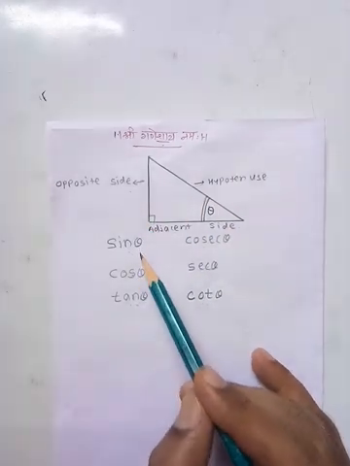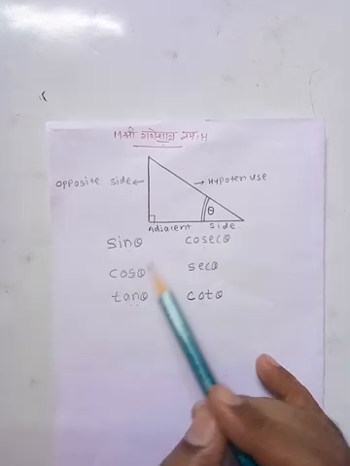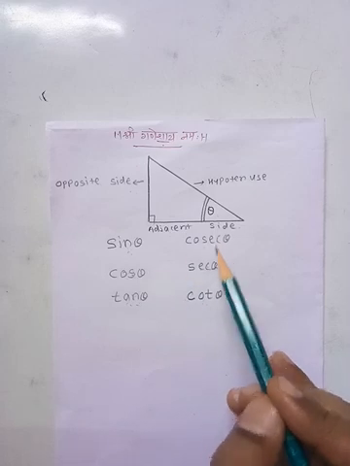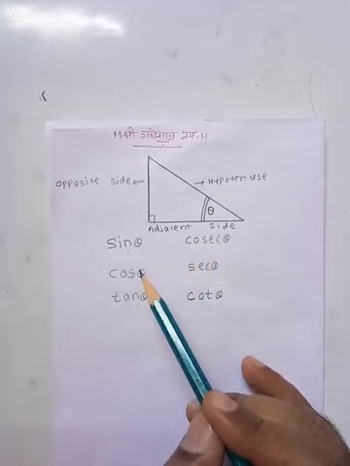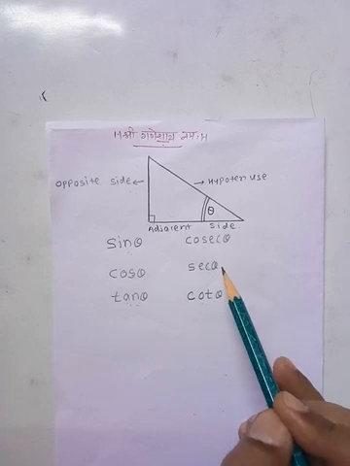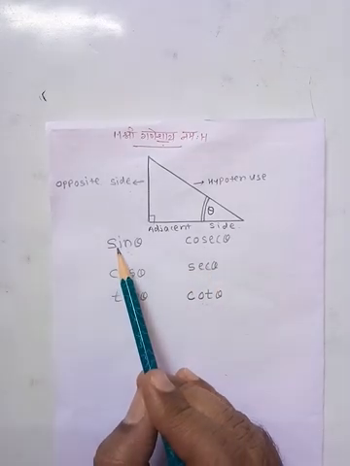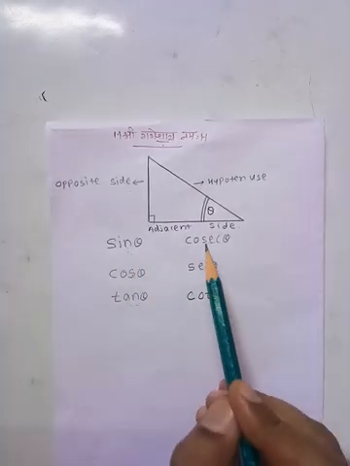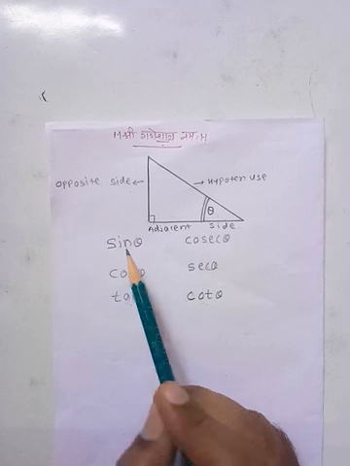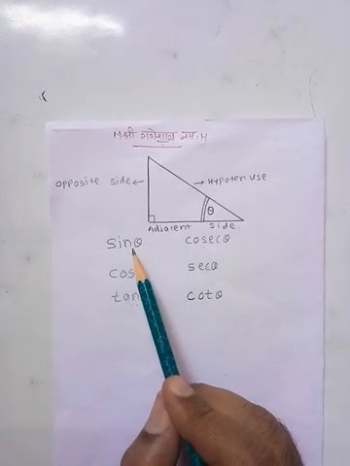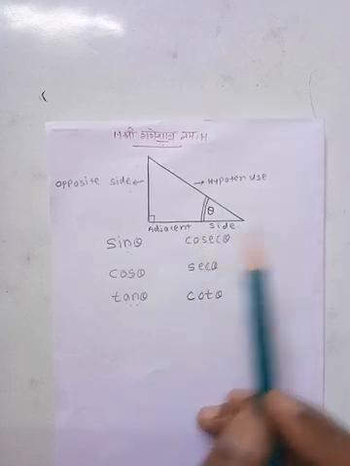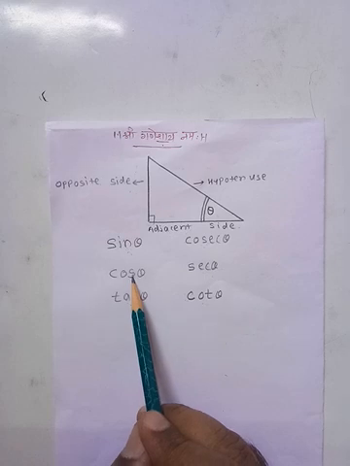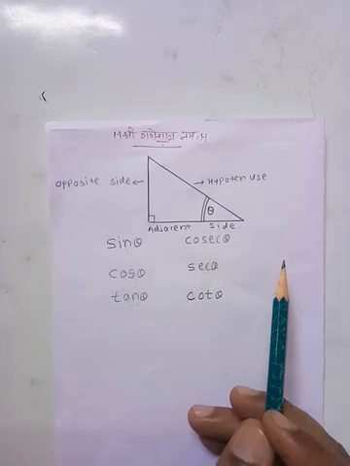In these two values, the value of sin theta and cos theta is a proper fraction, means numerator is smaller than denominator, and for the opposite of these, sec and cosec, numerator is greater than denominator. Also we know that sin theta and cosec theta are inverses of each other, means 1 upon sin theta is cosec theta, 1 upon cosec theta is sin theta, and the product of inverse ratios is equal to 1. Sin theta into cosec theta equals 1. 1 by cos theta is sec theta, 1 by sec theta equals cos theta, then cos theta into sec theta equals 1.